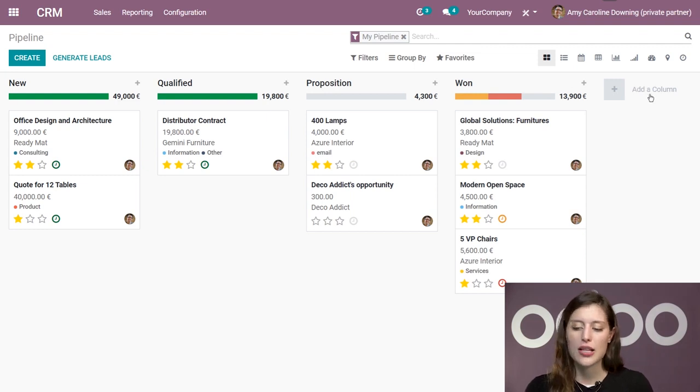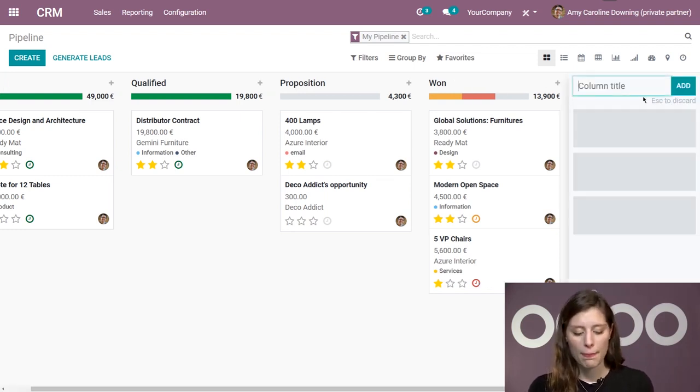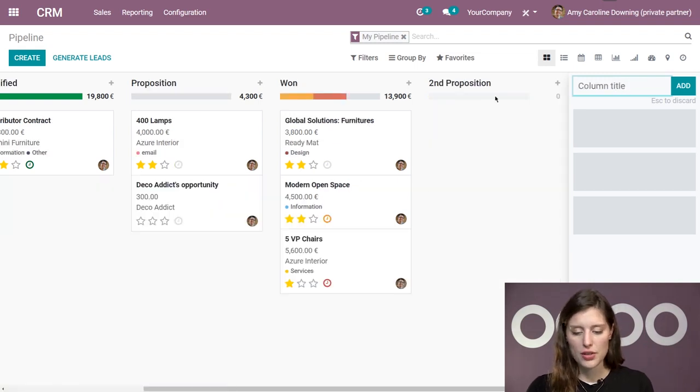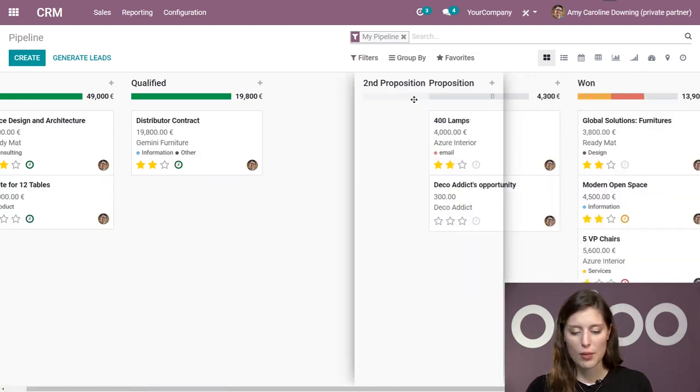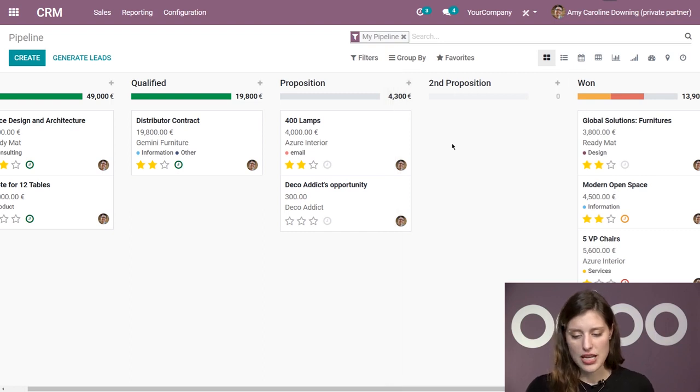So I simply have to click on add a column on the right, second proposition. All right, and then we're going to add, and then I can drag this and drop it to be wherever I want it to be. So in this case, I'm going to put it between proposition and won. Of course, makes sense. Okay, and we can edit this stage as well. So I can click on the little